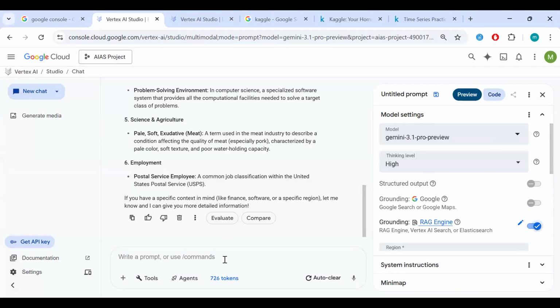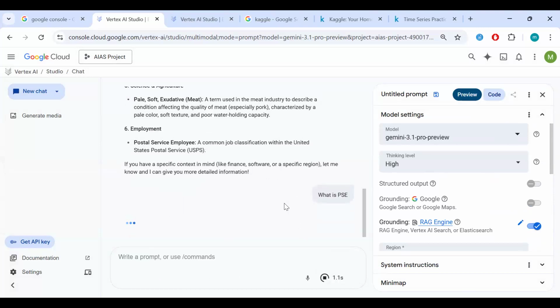So now we want to see if our model will respond better with our company data attached to it.